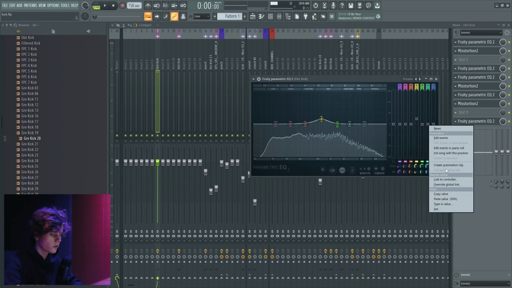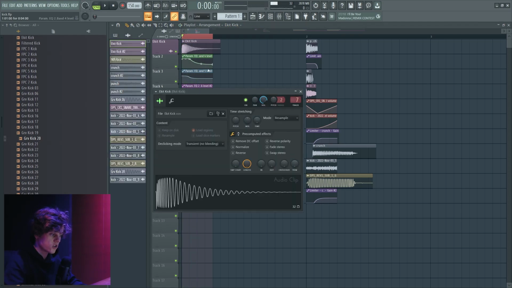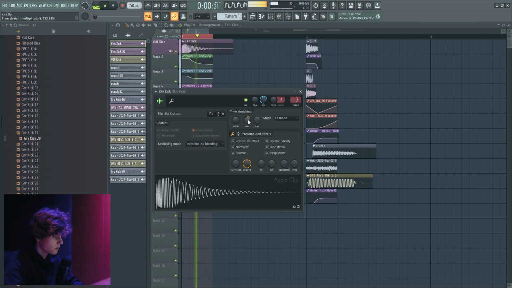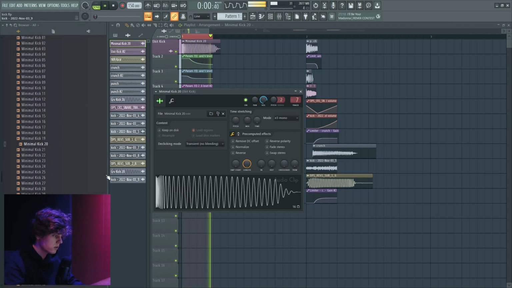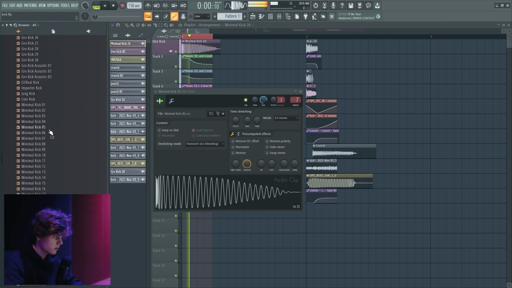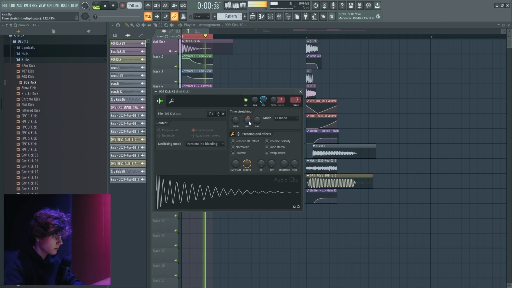And you could of course create a little bit of automation clip just to create that punch. Just like this, and you can change the length of the 909. Different kicks. You can change the kicks too. But in general you need the 909, so